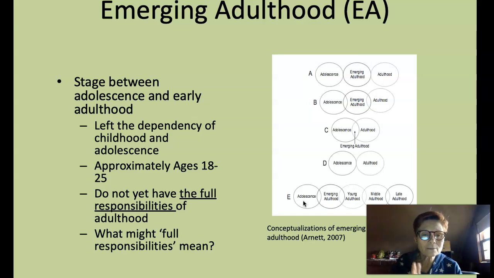There used to be this sort of break off, and here, if you see in this graph in C, where we would be studying adolescence to about age 18, and then, after about age 18, then we would be studying adulthood. Well, over the years, there's been so much interest in this kind of fuzzy time period of